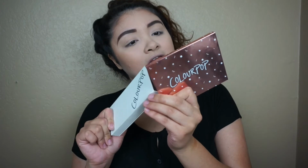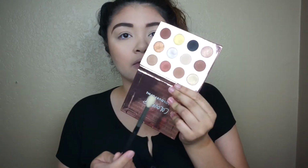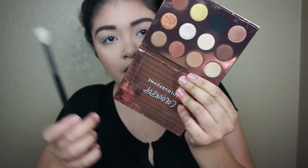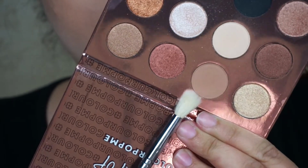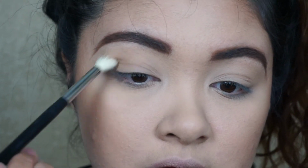I'm gonna use some ColourPop eyeshadow palette, the I Think I Love You palette by ColourPop, and I'm gonna use this, I forgot what this was called, the heavy hitter pressed powder palette. So I'm gonna use both of these and kind of whip something out. I think I'm gonna first go in with this brown shade right here, this taupey brown. Okay, and I'm just going to hit this in the crease